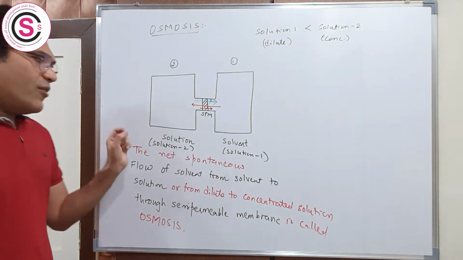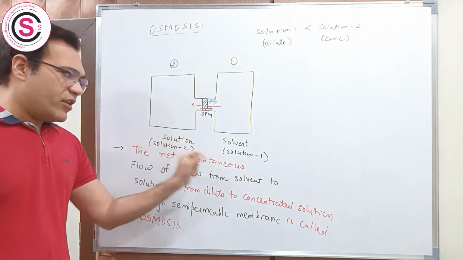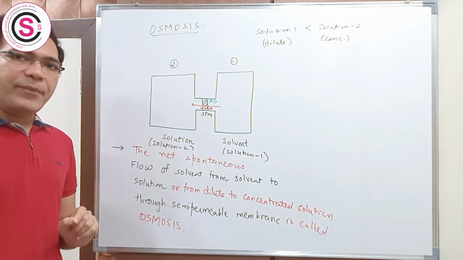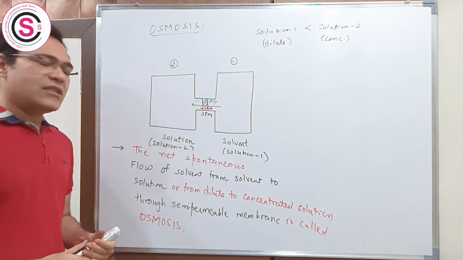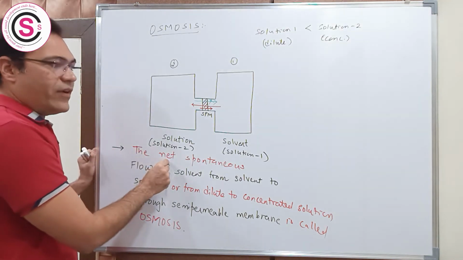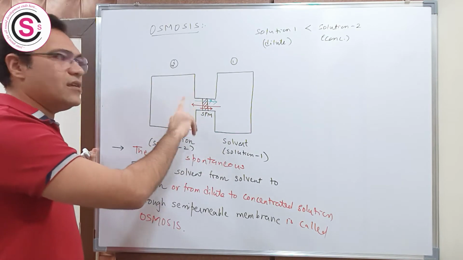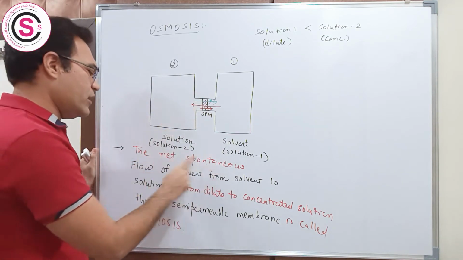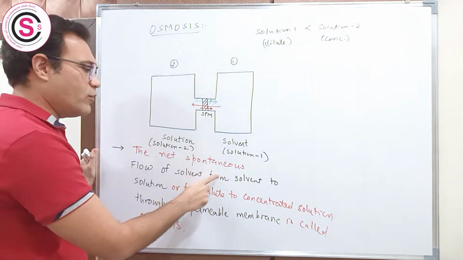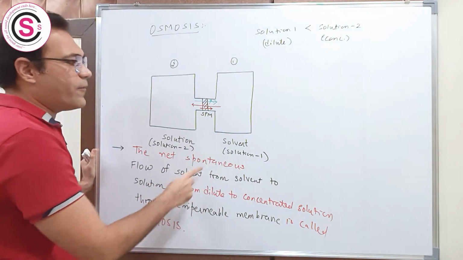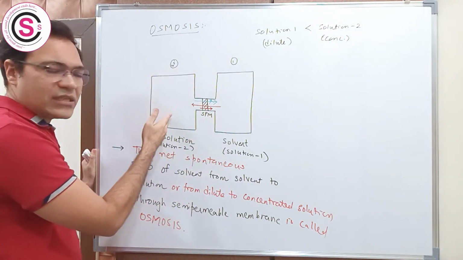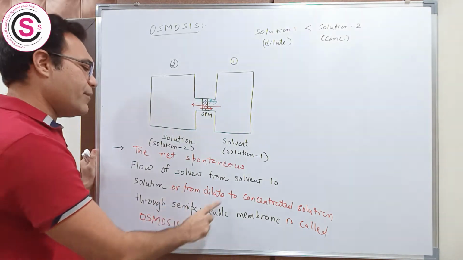Okay, you have to understand the importance of each and every word that I have mentioned here. So to revise it, it is the net. Why? Because movement of solvent occurs in both the directions. The net spontaneous flow of solvent from solvent to solution or from dilute solution to concentrated solution through a semi-permeable membrane